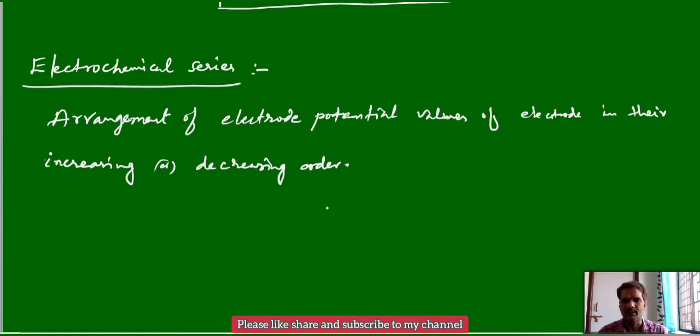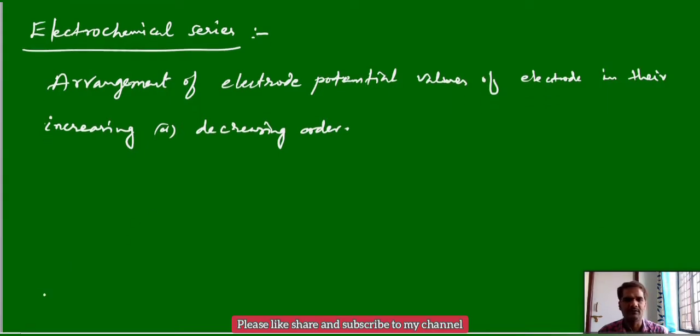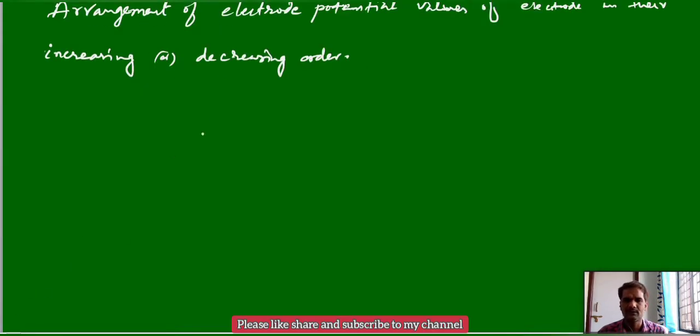You can see the electrochemical series here, or you can see the NCERT textbook, where they have given the list. Here we will take some examples. You can observe the value at the top. You can see lithium, whose electrode potential value is minus 3.05. I'll write a few examples here.